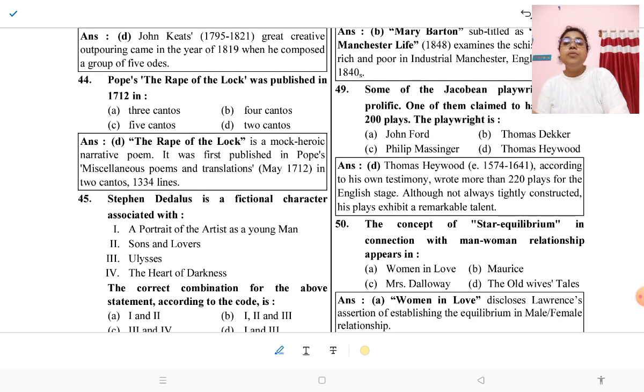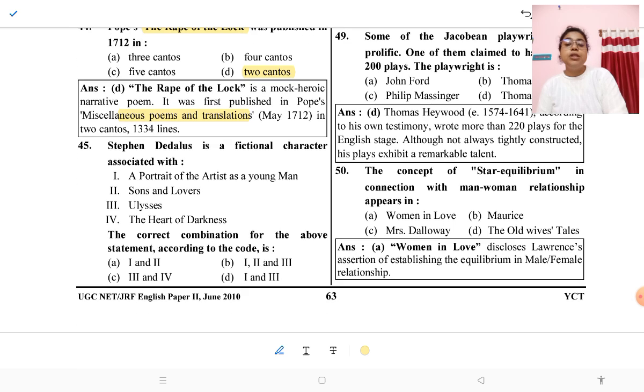Then Pope's The Rape of the Lock was published in 1712, first in two cantos. It was a mock-heroic narrative poem. It was published in Pope's Miscellaneous Poems and Translations in May 1712 in two cantos,